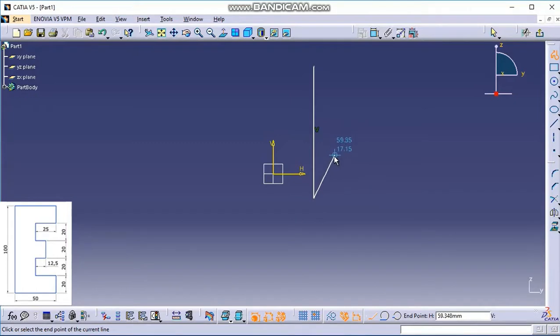So you can use this method to create vertical and horizontal line directly. Now let me create a horizontal line. You can see here, when the line is becoming blue, I'll click. Now again I'll move up. When the line is blue, click, vertical line, horizontal line, another vertical line.